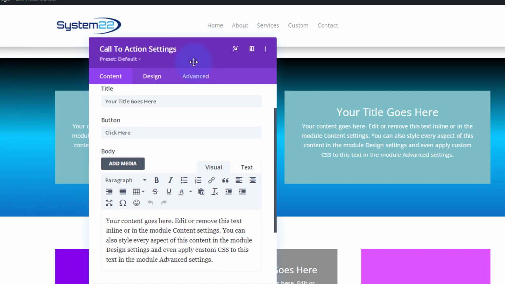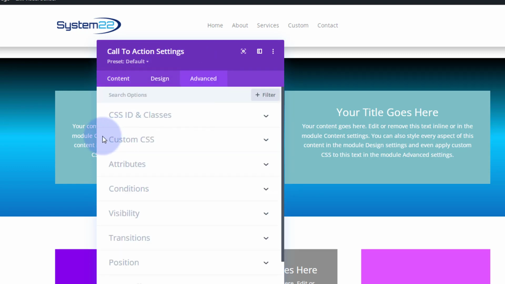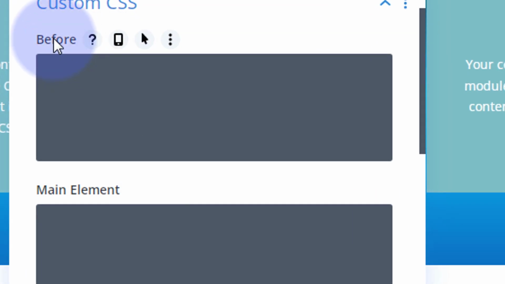So let's go over to our advanced tab. I'm going to move this over so I can zoom in while we're doing this. I'm going to go down to custom CSS. And in the before, these are what they call the before, and the after are what they call pseudo elements. I'm going to start writing some code. So I need to tell it that we're going to put some content in there. I'm going to say content,